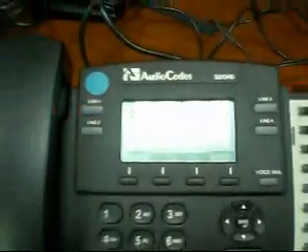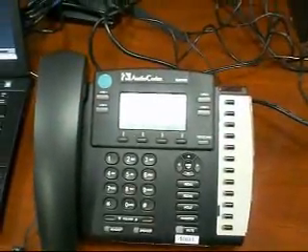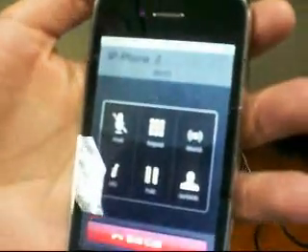I will pick up from the iPhone. 1212, and you see voice coming through. You can see that I'm in a call now, and I can end the call. And of course, presence goes back